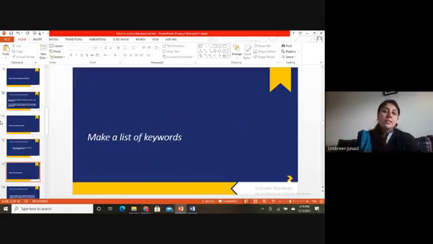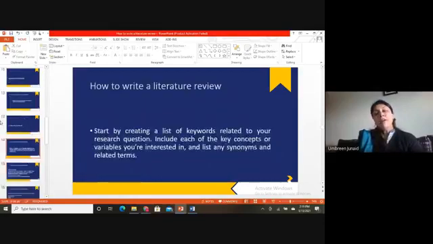As I just told you, what are the keywords? Make a list of keywords. Now, out of this topic, start by creating a list of keywords related to your research question. Include each of the key concepts or variables you are interested in and list any synonyms and related terms. अच्छा, एक बहुत मजे का step होता है वो ये है कि sometimes there is a word that